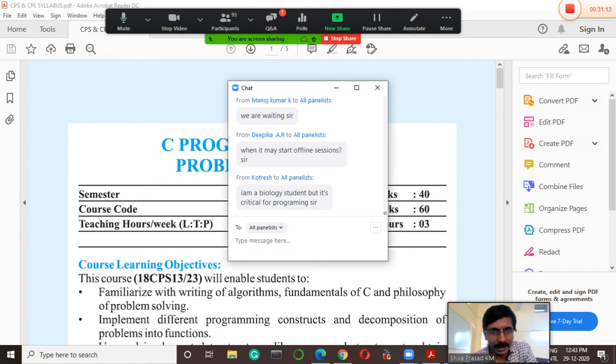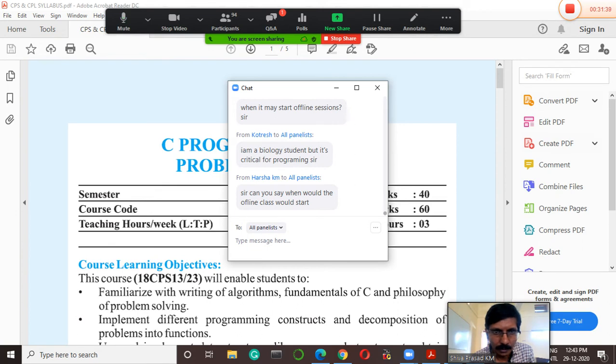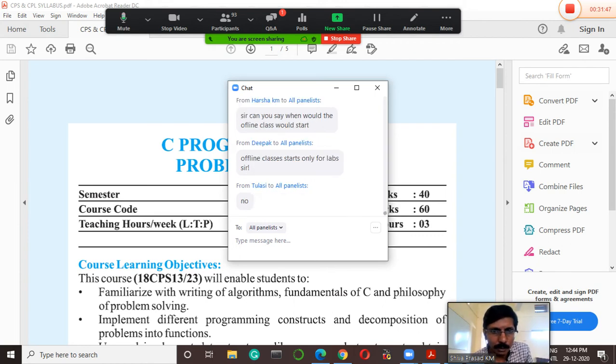This is the question I raised earlier in the previous class. Even though you are a biology student, I was a biology student in my PU, and now I am a lecturer of computer, right? So don't bother that you are from a biology background. Have you come across the basics of electronics? No, right? Basics of civil? No, right? So when you are not having a problem with those things, why are you bothered about this programming language? Everything is easy.